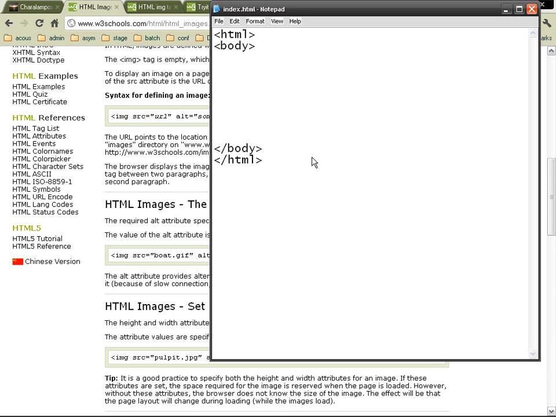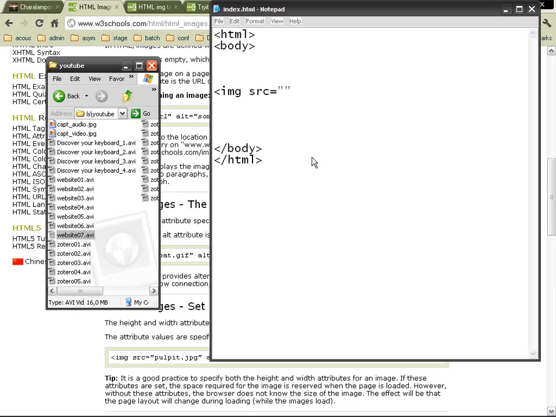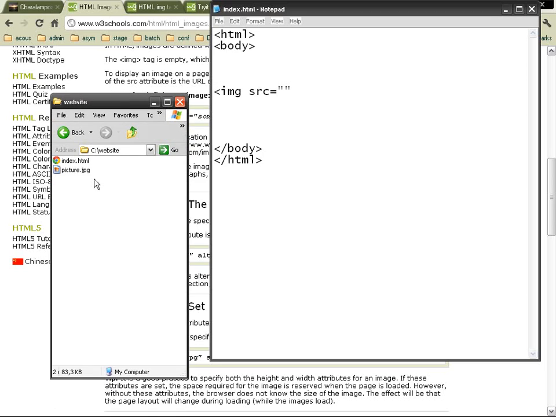So what happens when we want to insert an image? The right tag is image, img, and of course we have to indicate where the image is, where the file is. So we need an attribute which is source. Now I have put here an image, sorry, called picture.jpg, which is in the same folder as the